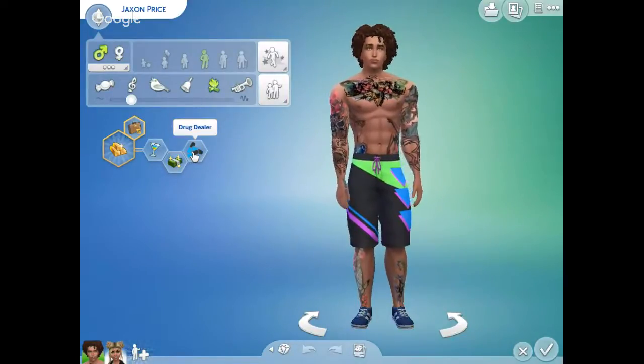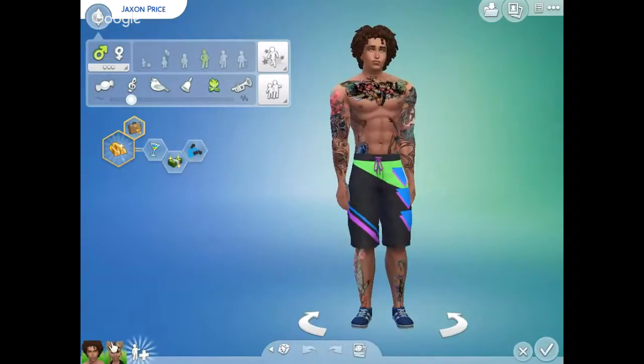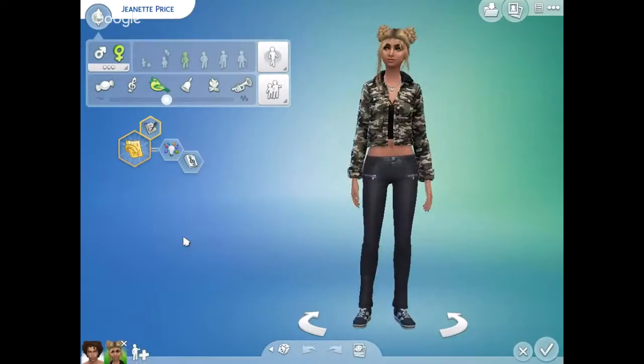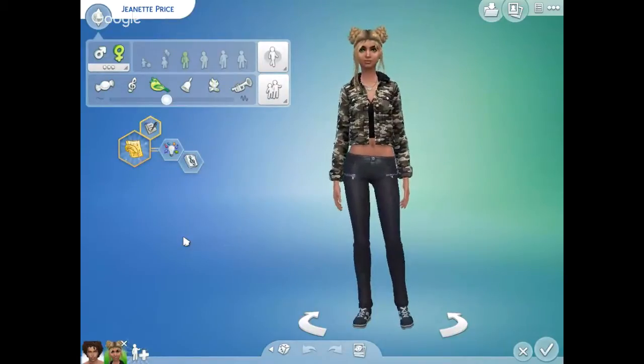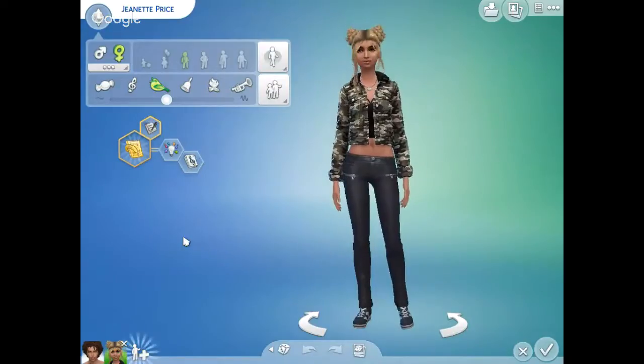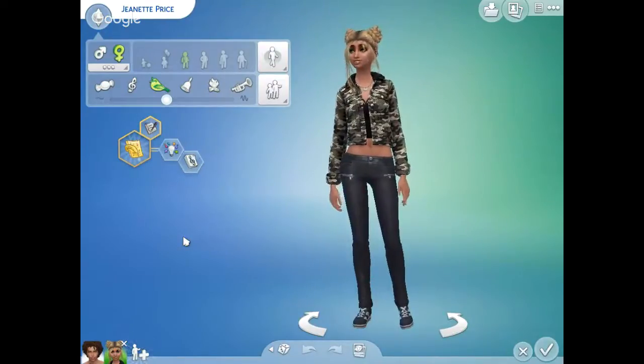But anyway, I made him and I decided to add another person. So this is his younger sister Jeanette, who is friends with Aubrey, so she's one of the main characters. I'm just gonna call the people in the friend group the main characters of the story that I haven't formed exactly.